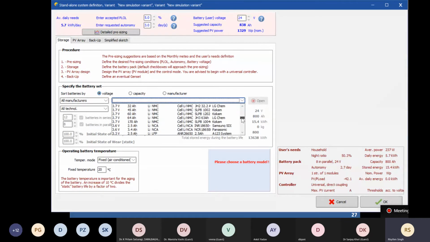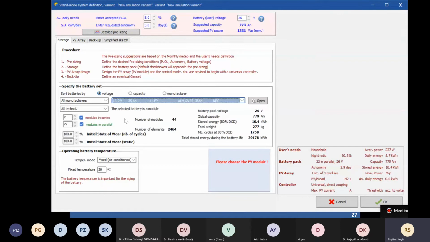We have chosen a 24 volt system and 838 ampere hours. So accordingly, we can make a choice for the battery voltage, which should typically be less than 24 volts now. So suppose I go for 13.2 volts. And here accordingly it will do the calculation how many modules in series and how many modules in parallel will